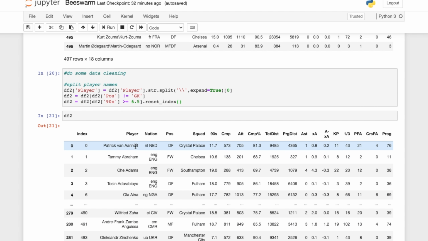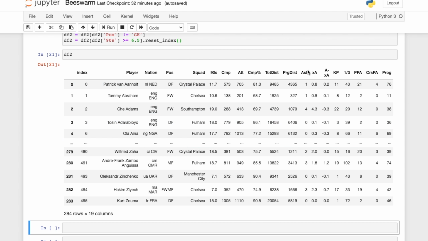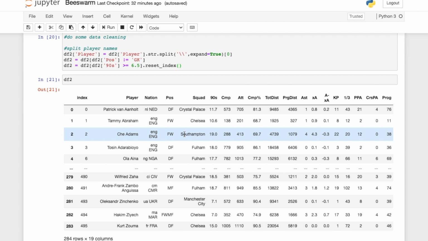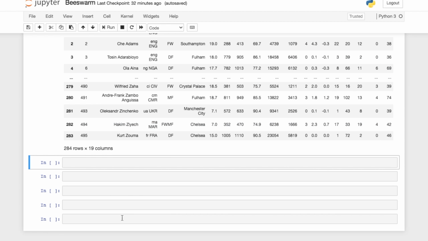So everything's good there. The last thing we want to do is we want to do what we did before, and we want to create the per 90 stats. And we do this obviously just with creating another column. So we're going to say df2, and I don't want to type this all out, so I am going to just copy and paste and then just kind of edit where I need to. So we're going to say df2 progressive equals df2 progressive divided by df2